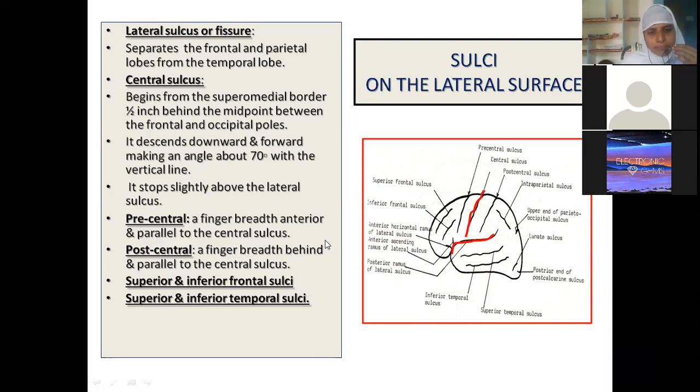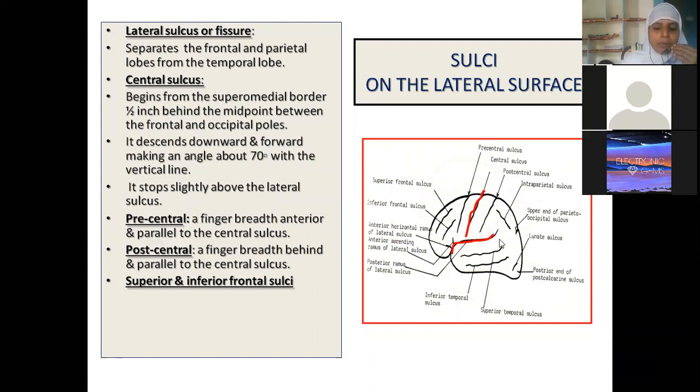You just revise from the same book which you have been studying. No problem. Now coming to the parietal lobe. This is the central sulcus. This is the post-central sulcus. There is one sulcus here, which is called the intraparietal sulcus. The area behind is the post-central gyrus. Here you call it the superior parietal lobule and inferior parietal lobule.